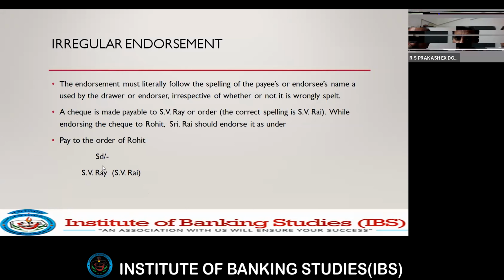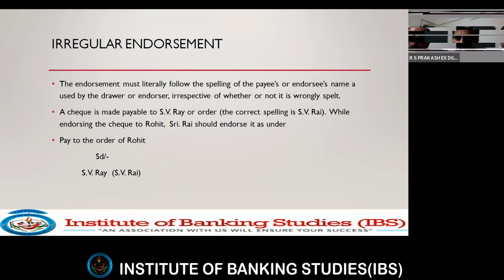Irregular endorsement. Look here at the spelling. A check is made payable to SV Ray, R-A-Y Ray. I gave you the example of Anant, Satish, so many things. R-A-Y, but spelled as R-A-I, and this fellow says R-A-Y. This is an irregular endorsement. I will write Bhavani, B-A-V-A-N-I, but you will sign as B-H-A-V-A-N-I. Wrong. Irregular endorsement. I will write Shashikala, S-H-A-S-I,